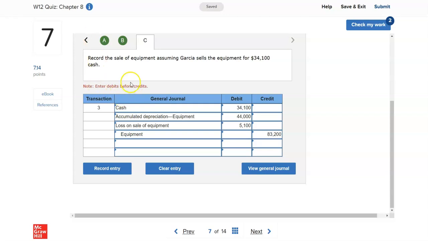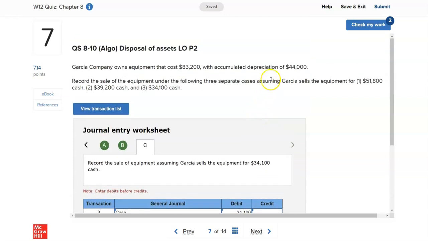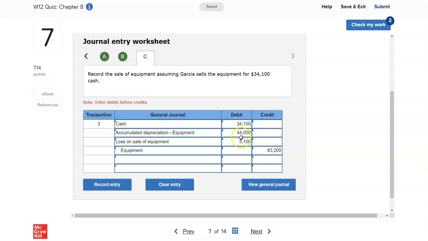And the last one states record the sale of equipment, assuming Garcia sells the equipment for $34,100 cash. So once again, the first thing is cash for $34,100. It is a debit because cash is increased. It is a sale for cash. Then we have accumulated depreciation once again for $44,000. In this case, it is a loss on sale of equipment for $5,100 and a credit for the grand total of the equipment that will be